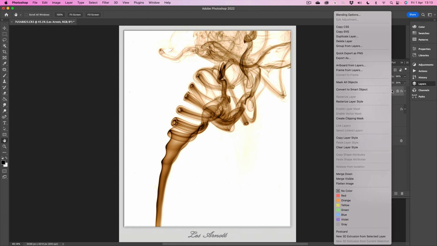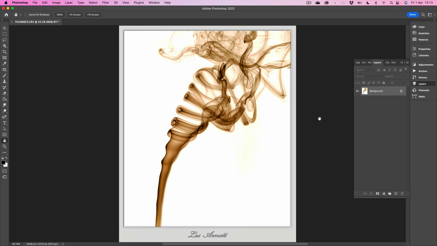Okay, so now I've completed that, I can right click, I can flatten the image, and now we can save that as a bitmap or whatever we want to do with it. And you've created your bit of fine art,